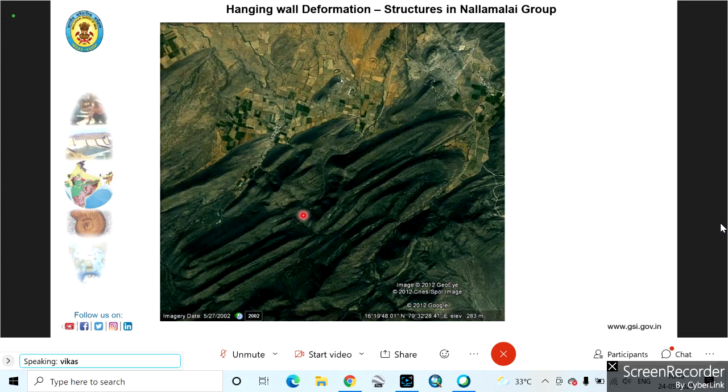The second fold, what we are seeing is just to the south of the first fold closure, that is also an antiform. You notice that these two antiforms are another... means the synform is actually missing here. You're able to see two antiforms actually. In the field also, when we went there, we had been able to identify these two antiforms very clearly.